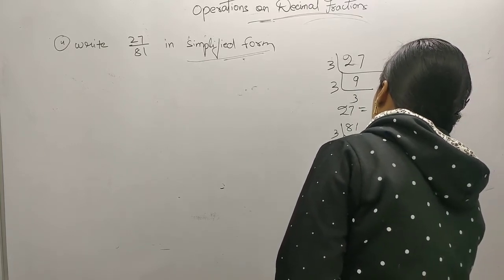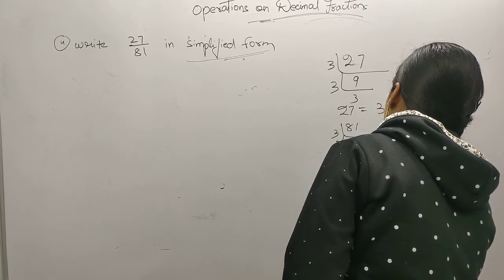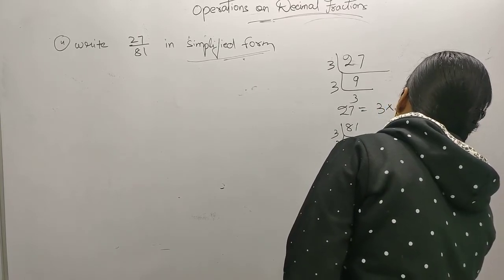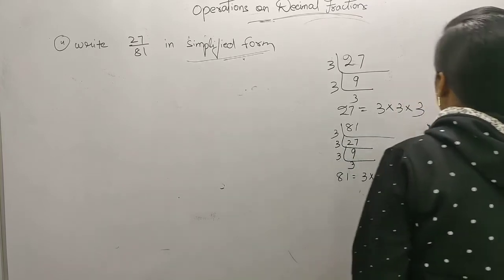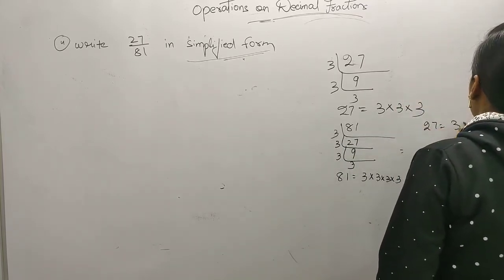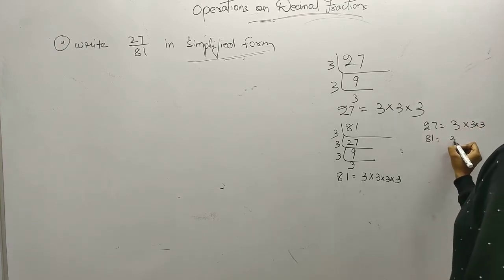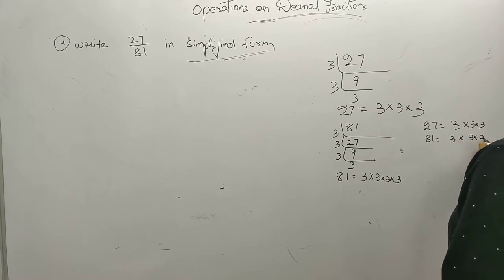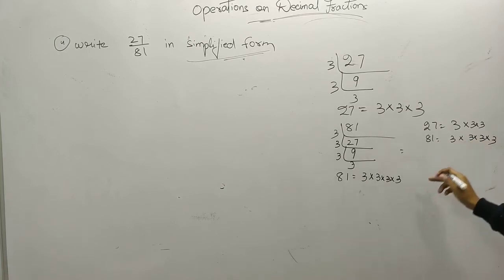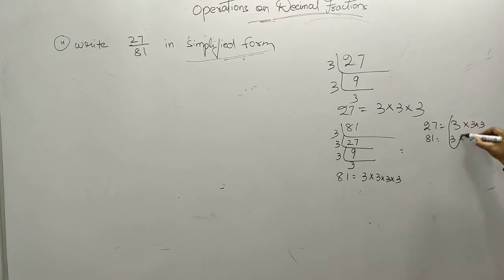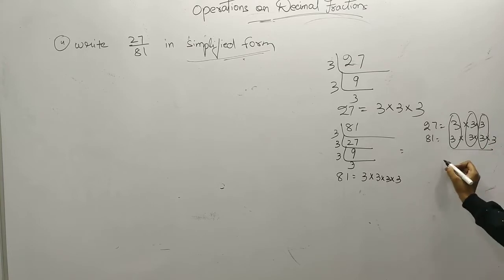Now what's the HCF of it? How will we find the HCF? Let's take the values. First, what is the value of 27 we got? 3 into 3 into 3. The value of 81 is 3 into 3 into 3 into 3. We have to group it. 3 into 3, 3 into 3. We have to find the common factors. Means how much did you get? 3 into 3 into 3. 3 3s are 9, 3 9s are 27. The last value is 27.